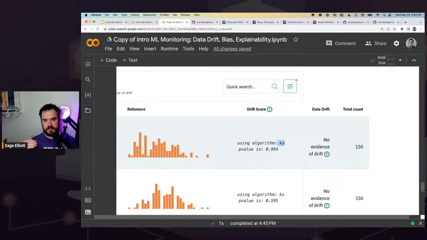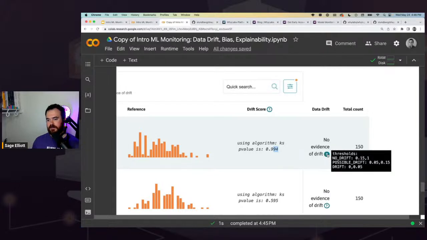And you can set up a whole bunch of different drift ones. There's a link in here in a little bit, and I'll share it as well, where you can overwrite this and use different algorithms for different types of drift tests. So we can see that here our p-value from that is 0.994. The higher the number in this case, the closer the distribution is together. So there's no evidence of drift right now. And we can actually set up what this threshold is manually as well for evidence of drift. Right now it says possible drift if that value is 0.05, and no drift for these values.